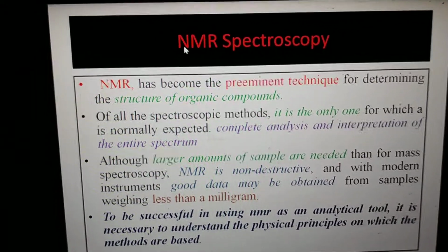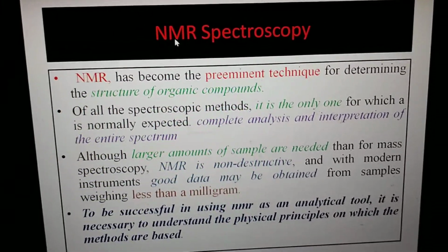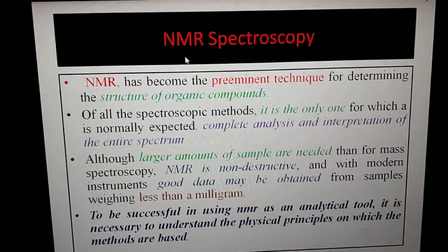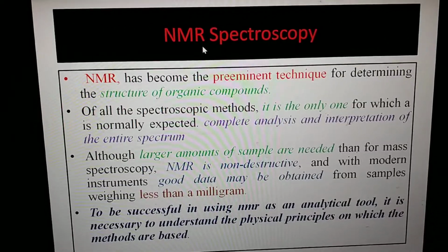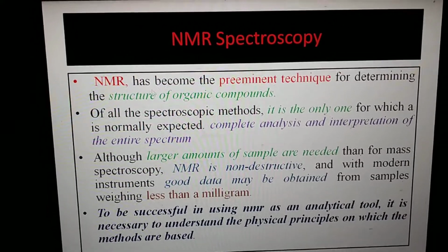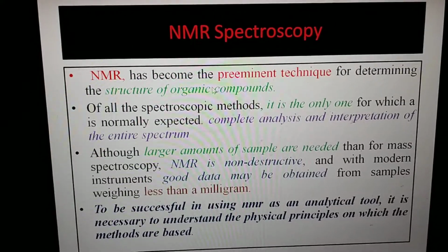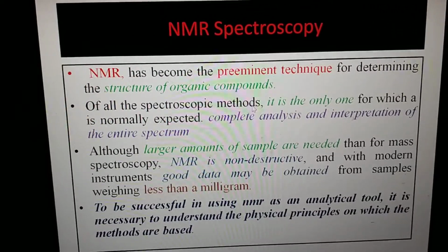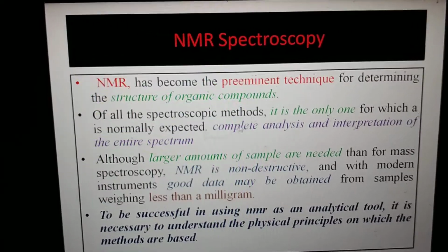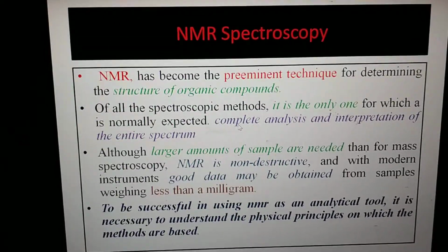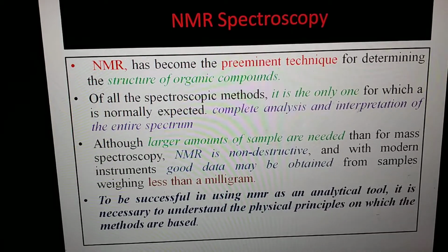There is a need for the nucleus of an atom. Magnetic, there is a need for a magnetic field. Resonance means the resonance phenomenon is involved. First of all, it is a very preeminent technique because it is the only one with which you can do the complete analysis and interpretation of an entire